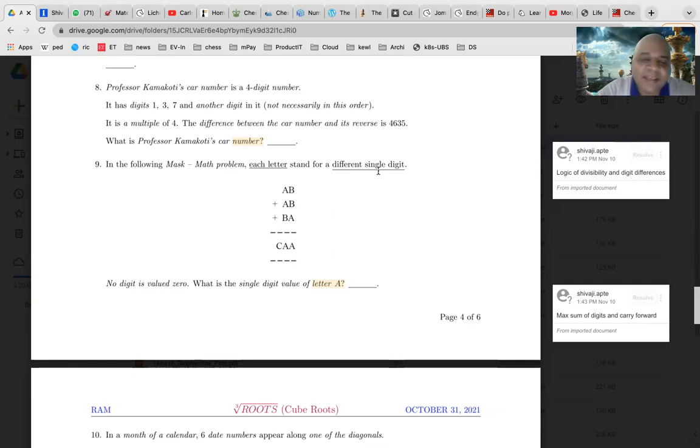Now you know that A, being a digit, can have a maximum value of 9. 9 plus 9, 18, plus 5, 23. Can it be this one? No, the carry forward from the previous part also has to be there. Correct, 23 plus 1, 24. So you find out the values of A where A added with 5 plus 1, 6, and 2 times A will give you again A.